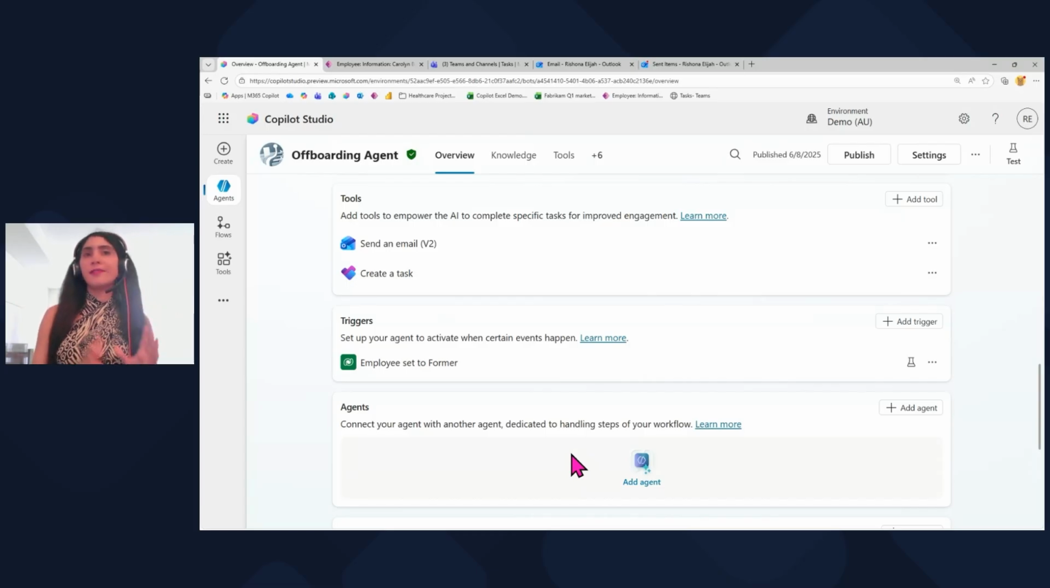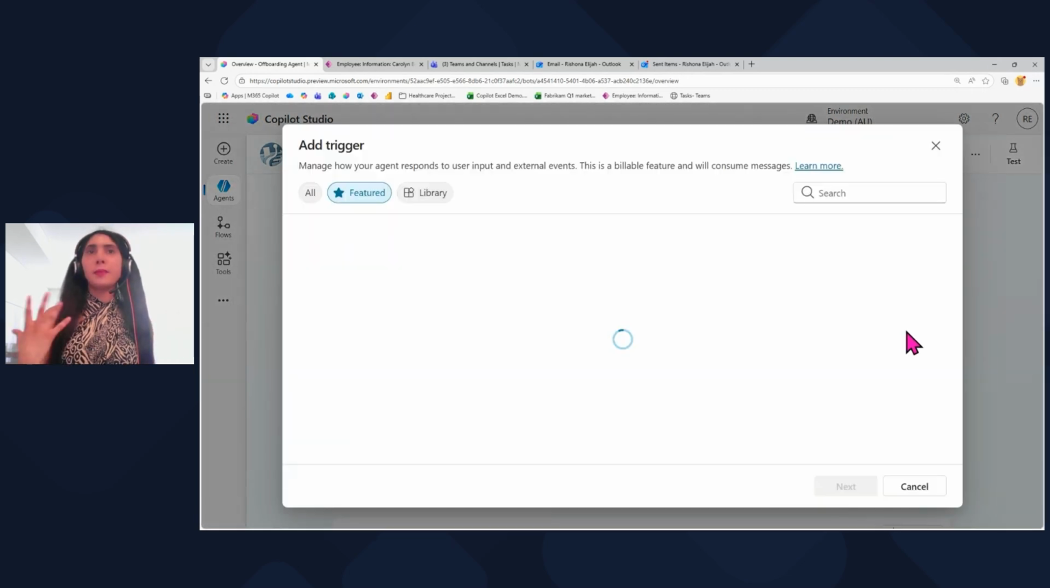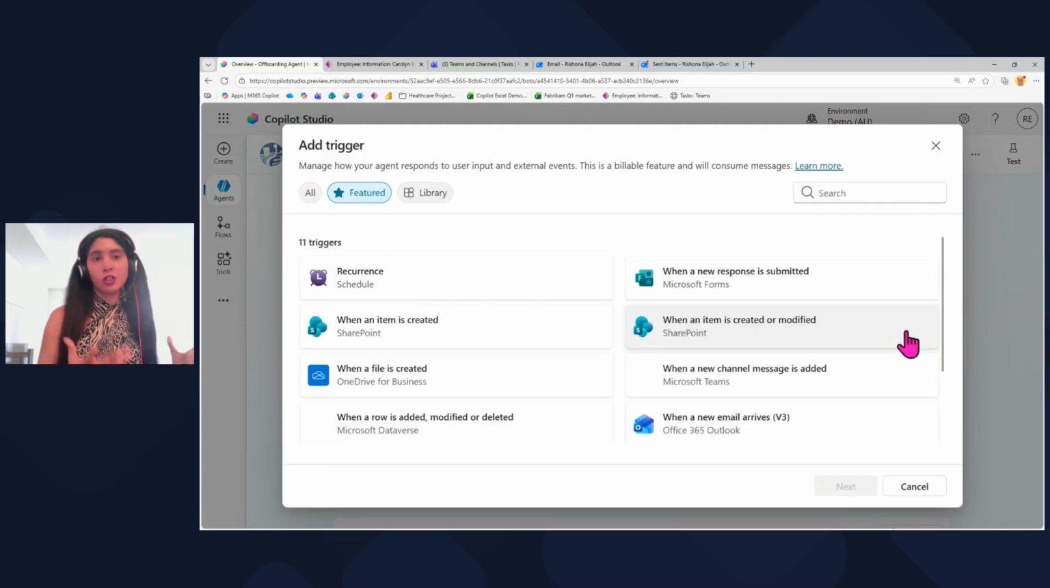Let's start off by giving the agent a trigger. So the trigger is what's actually going to get the agent to go and kick off. So if you remember, an autonomous agent doesn't actually need you sitting there and talking to it. It recognizes for something to happen, some change in a system, and then it goes and it runs on its own. So your trigger might be something that happens on a recurring schedule, something is updated in SharePoint, someone submits